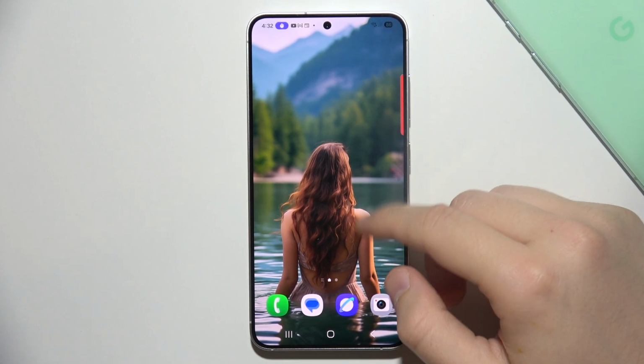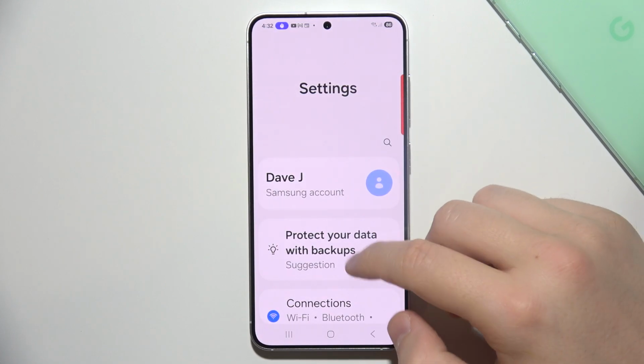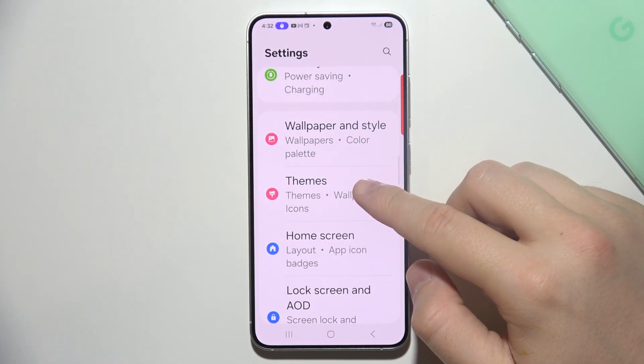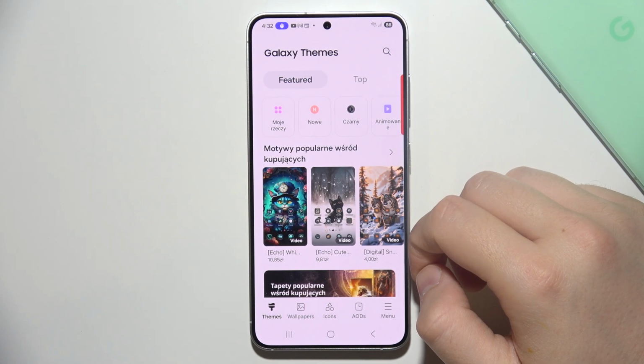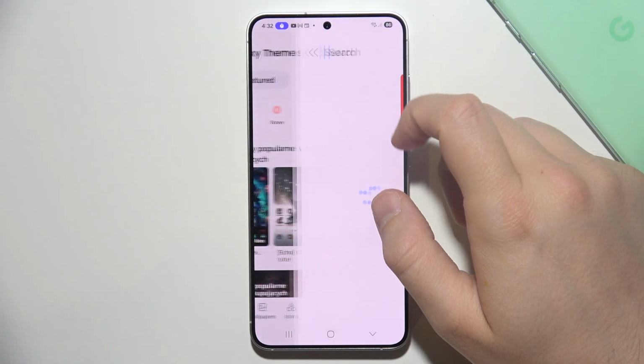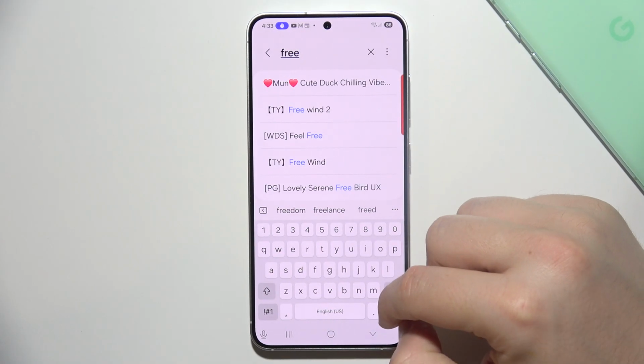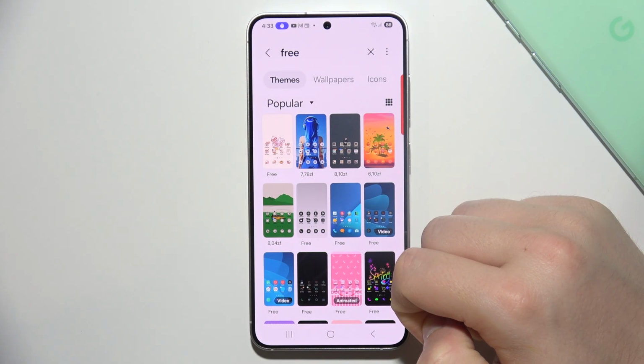To change theme on the Samsung Galaxy S25, start by opening settings. Now you will have to start scrolling for themes. And right here I can recommend you to click on the right upper corner and input this phrase, "Do don't pay for it." So you'll get actually some free